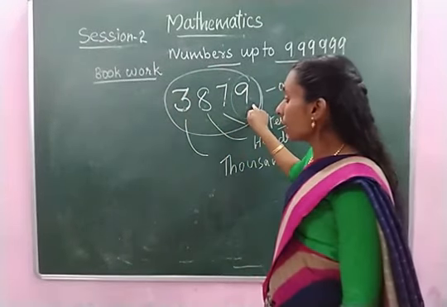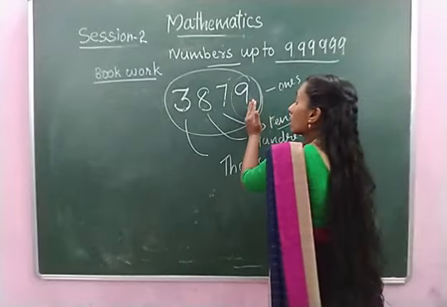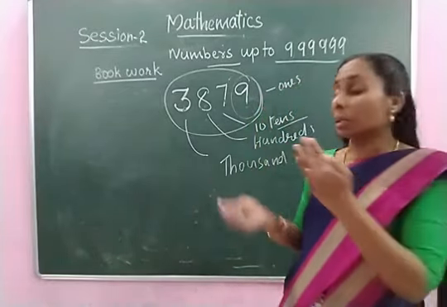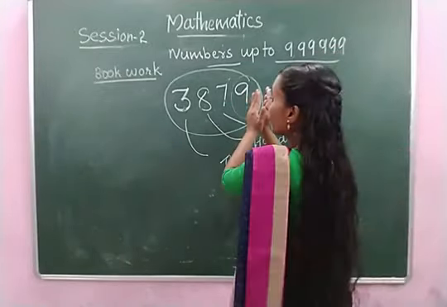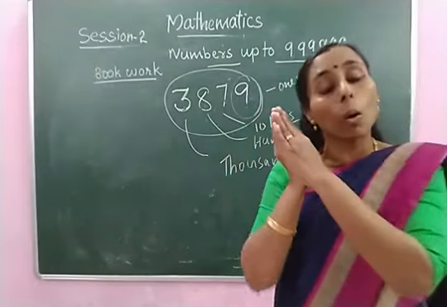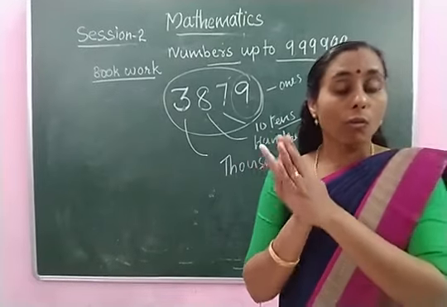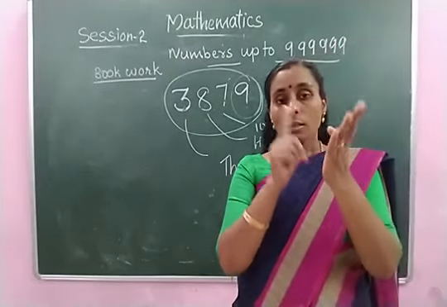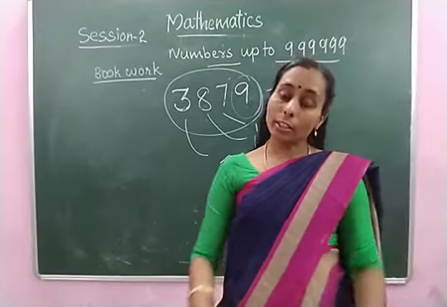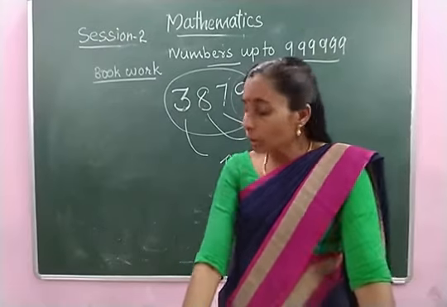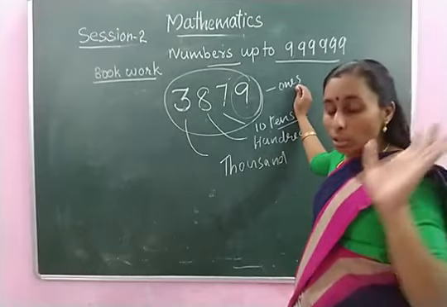Can you start from here? No, we cannot start from here. Always the place, or place value, increases from left to right. When it moves from left to right, the place value or place increases. Okay, what is the order of the place from left to right? Ones, tens, hundreds, thousands, 10,000, lakh, etc. Okay. Now I think we have cleared what is place.